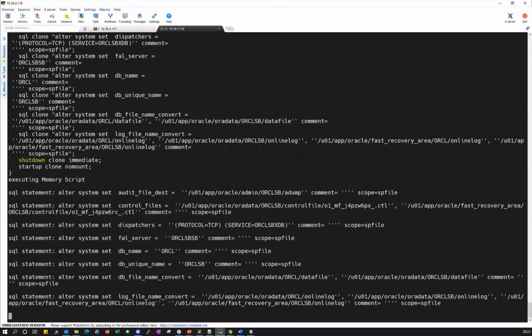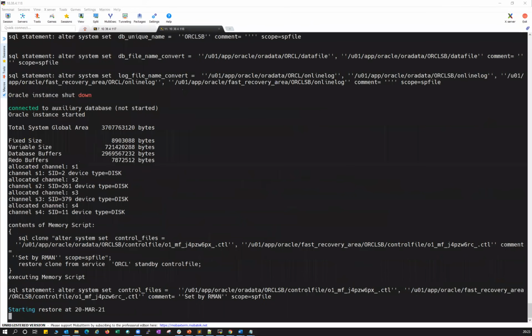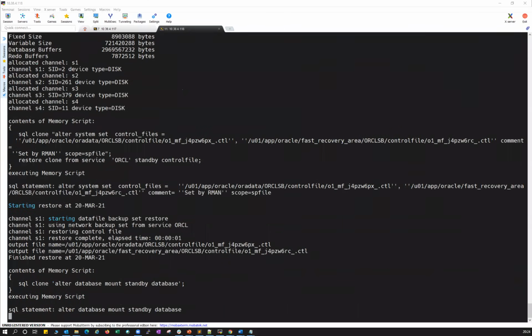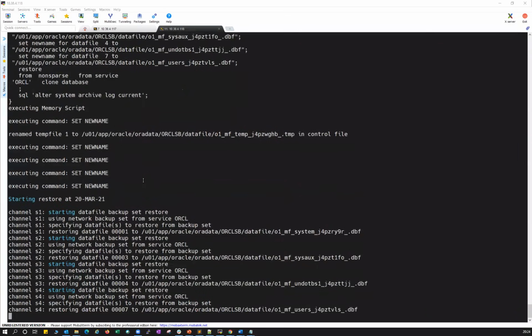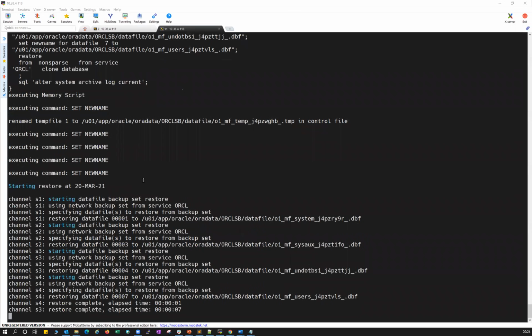Okay, so Pratap has a question: while configuring a RAC or ASM standalone Data Guard setup, is it possible to take a tar backup of a grid home from the primary and relink it on the standby? No, that is not supported. You cannot take a tar backup of your grid home and then restore it on the standby side. That is not supported, because all your voting disk, OCR, everything should be new, and that should be on that server. So it is not supported.